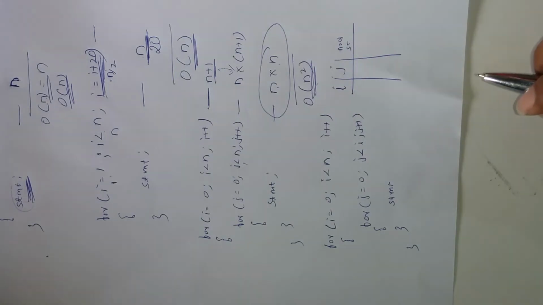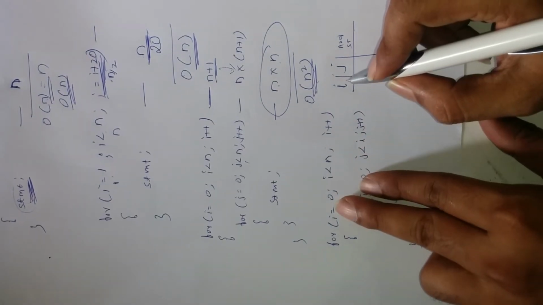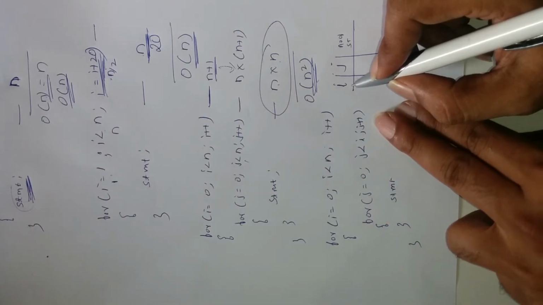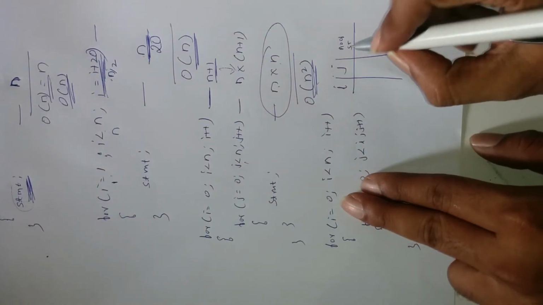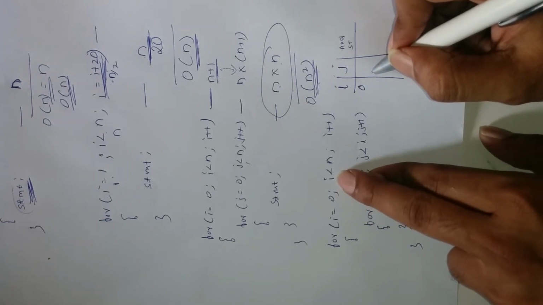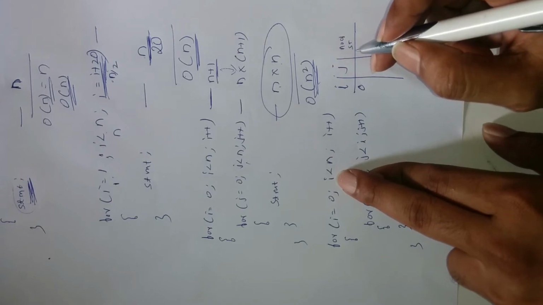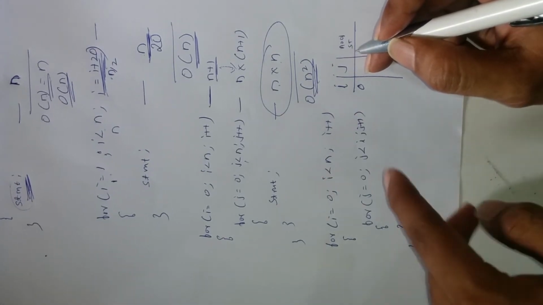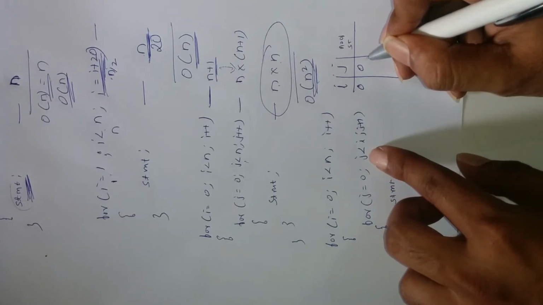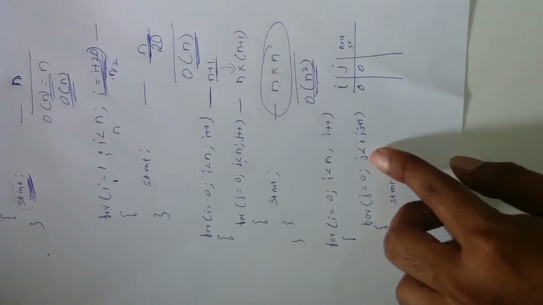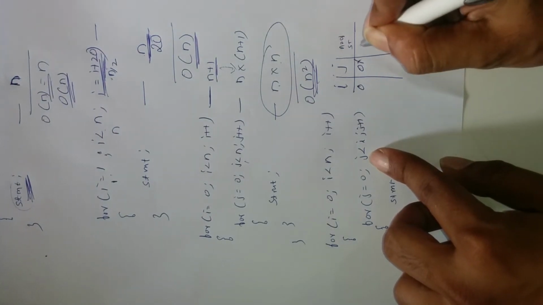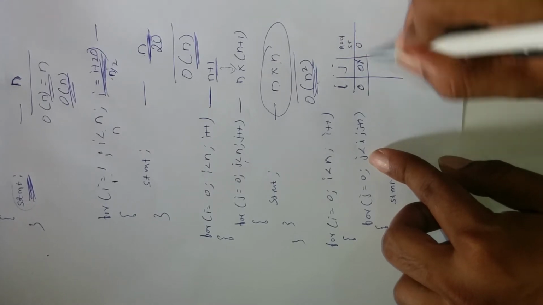Now, how will you do it? See here, i is equal to 0, i less than n and i plus plus. For j is equal to 0, j less than i, j plus plus. Initially, what is the value of i? i is 0. Next, i less than n, 0 less than n, yes, it is true. Next, go inside the loop. Now, j is initially 0. Is 0 less than 0? No, it is not less than 0. So its statement will not execute. The number of statements executed is 0 times.